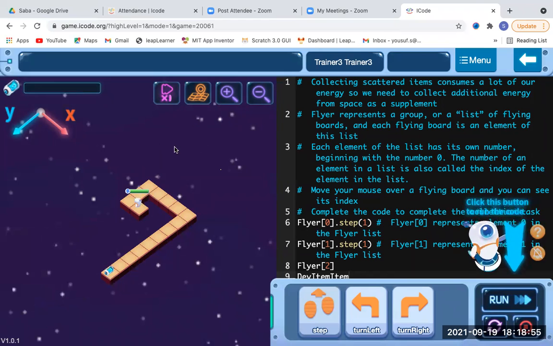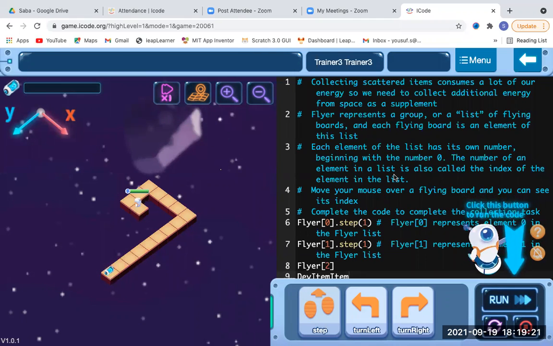Now each element of the list has its own number, beginning with the number 0 itself. You can see it's going to start with 0, and then the number of an element in a list is called the index of the element in the list, like 0, 1, 2, 3. Look, specifically it has been mentioned: index.